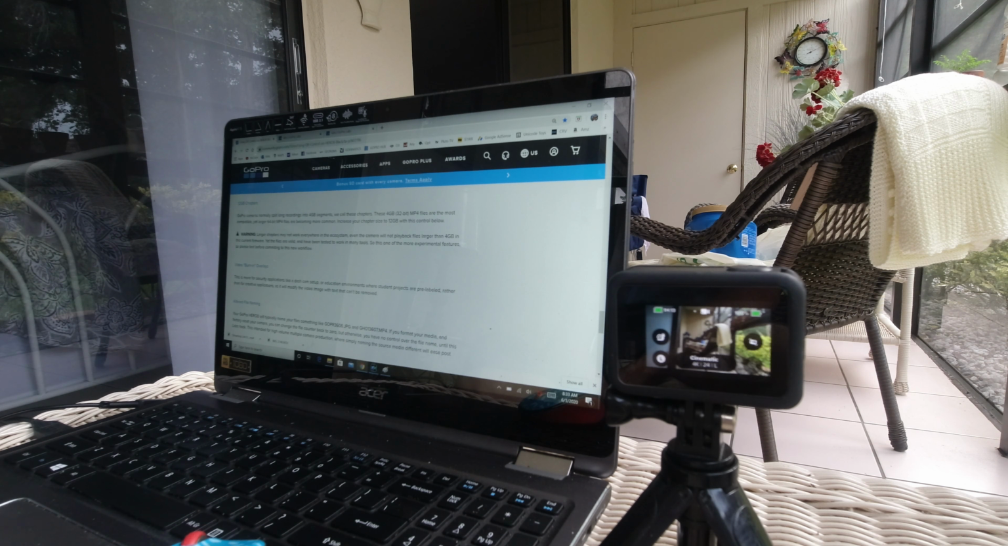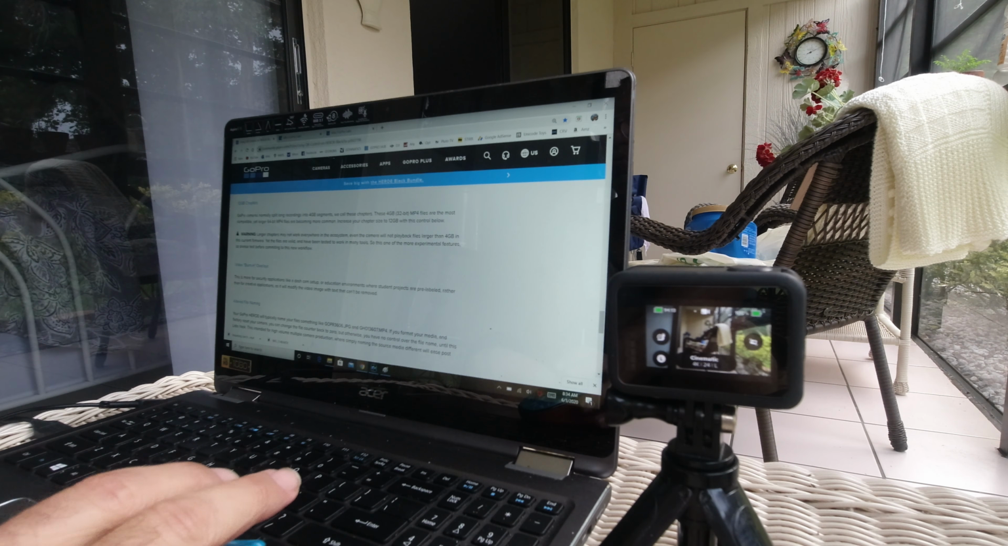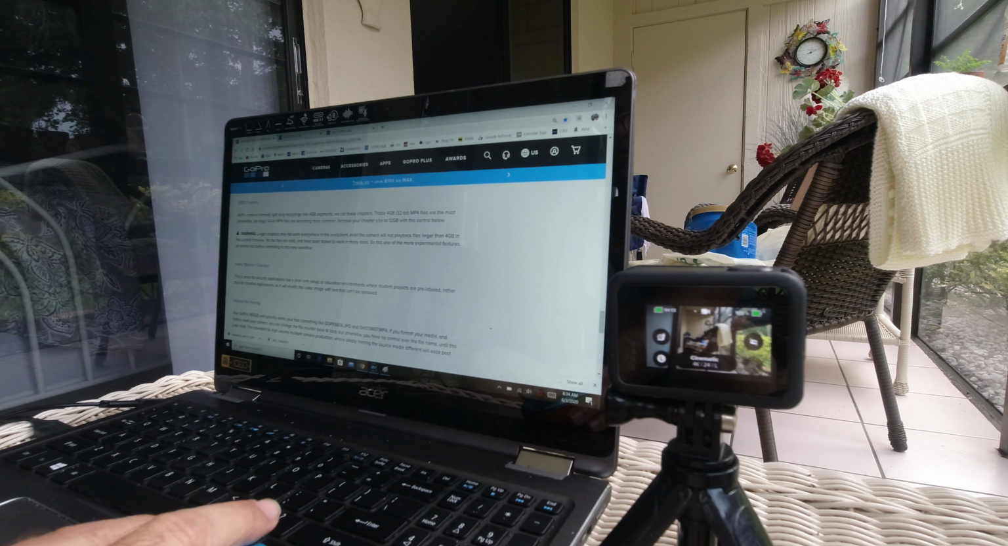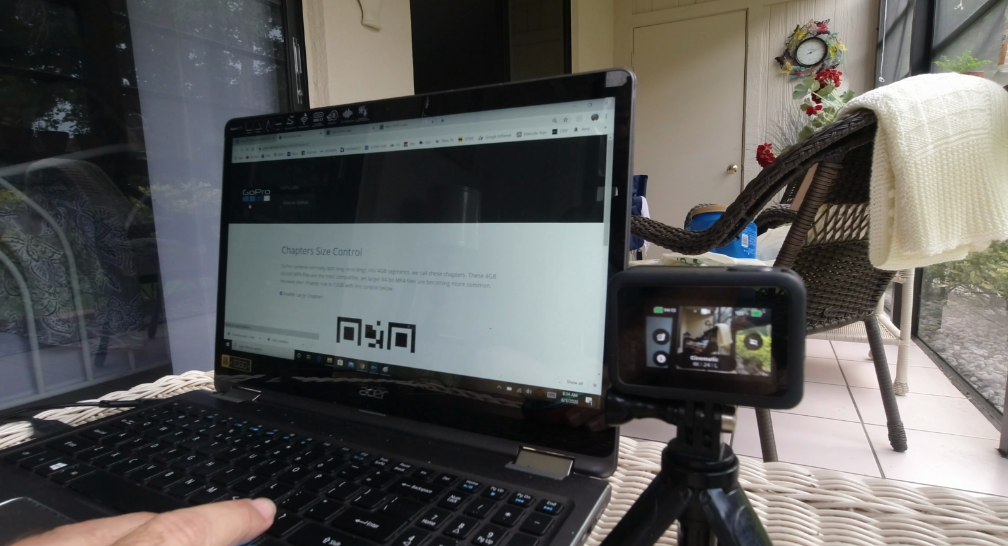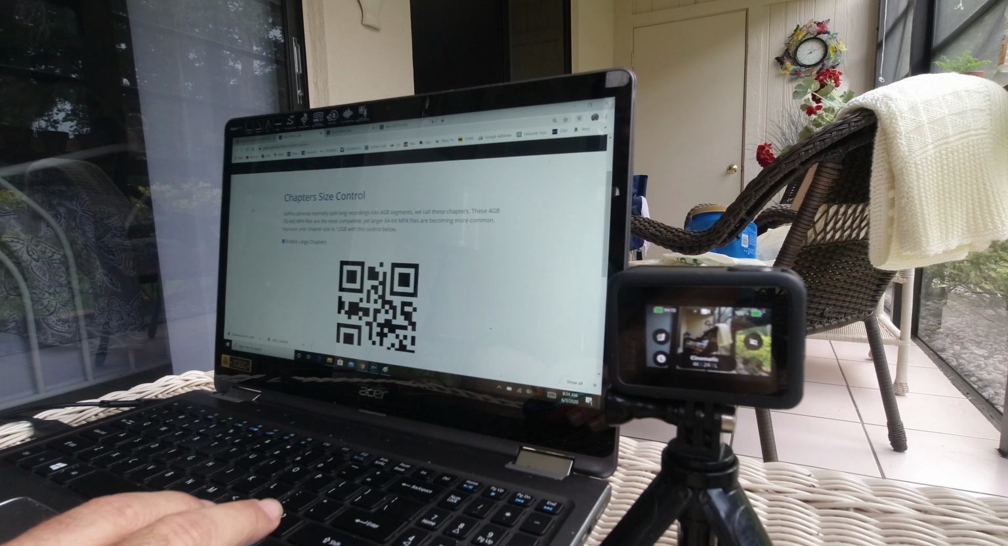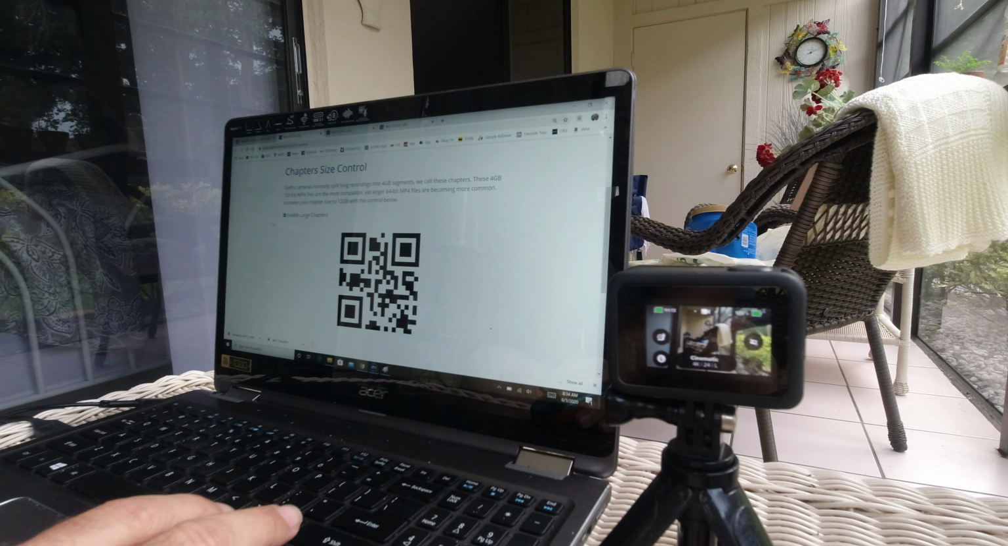Even the camera will not play back files larger than 4 gig in this current firmware. Yet the files are valid and have been tested to work in many tools. So this is one of the more experimental features, so please test before committing to the workflow. So we open up the chapters, and again we see GoPro cameras normally split into 4 gig, the same information,